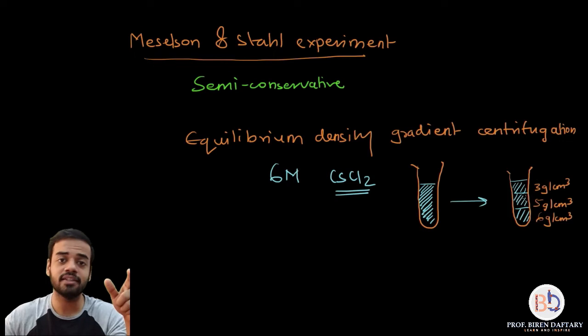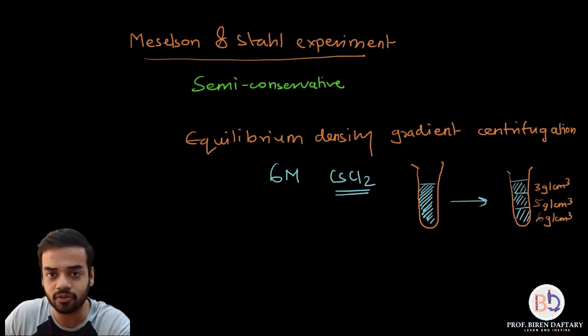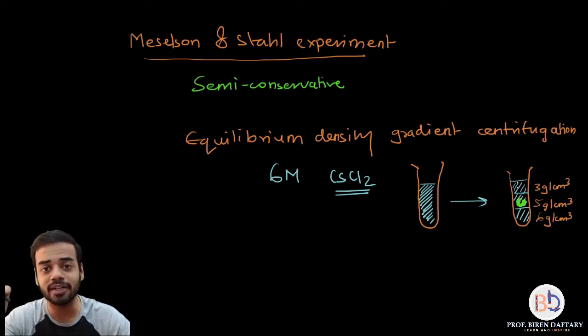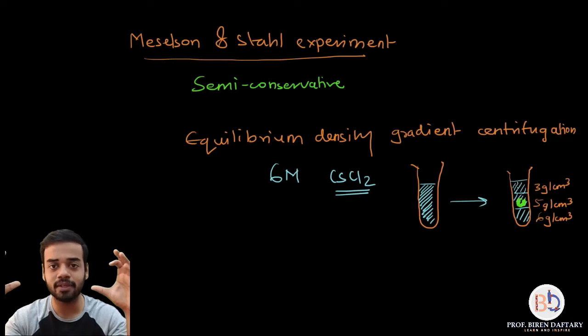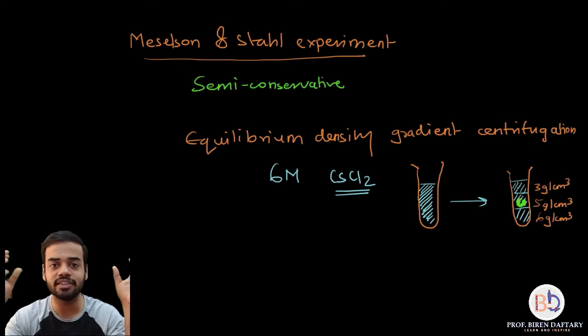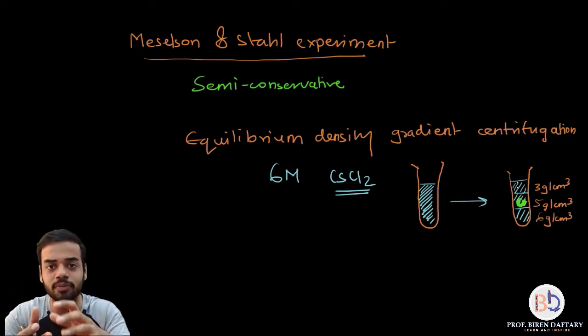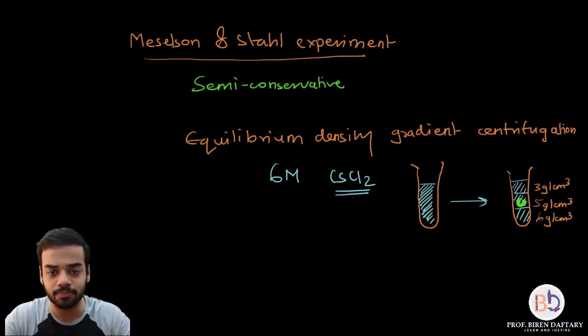If you add the DNA, that DNA is also getting centrifuged, and after centrifugation it will become stable in one of these 3 layers. If I am using this green color for DNA, and this green colored DNA is stable in this middle layer, that means the density of the DNA is also 5 grams per centimeter cube. Are you getting it? That is why you can compare DNAs based on their densities, and that is why this method is called equilibrium density gradient. Equilibrium means that after centrifugation, those layers, those gradients, are at rest, they are not going to mix again unless you physically mix them. Is this clear? So that is called equilibrium density gradient centrifugation.